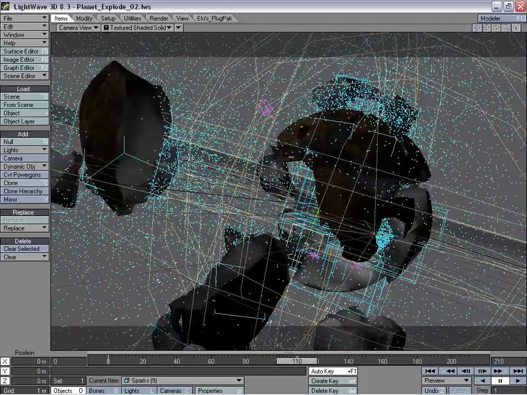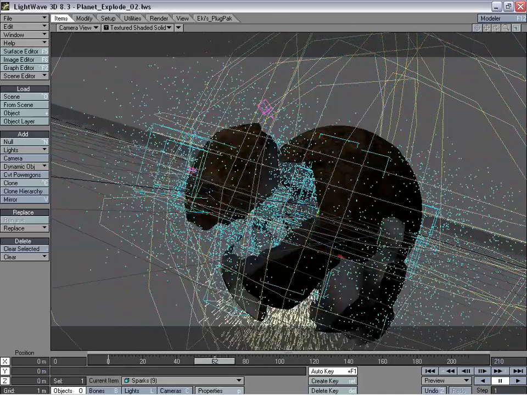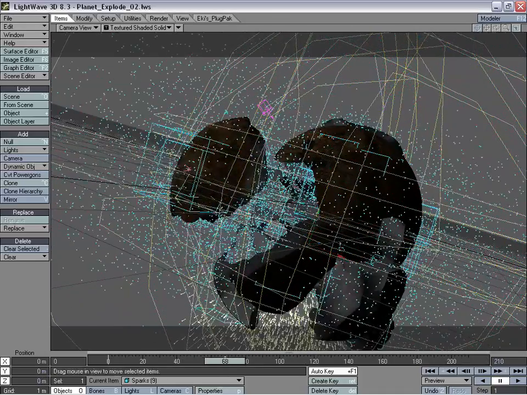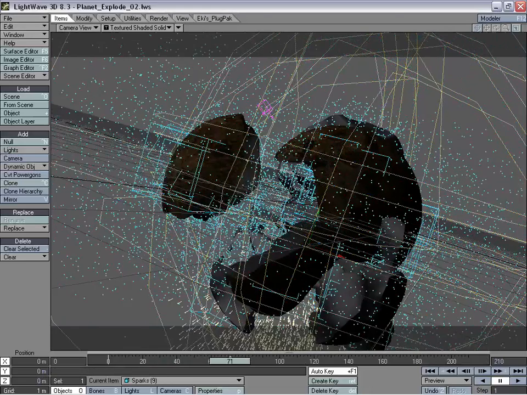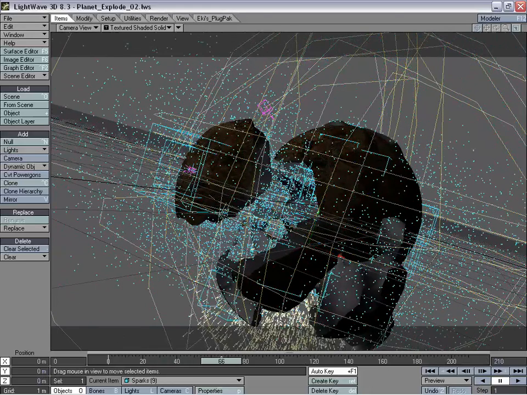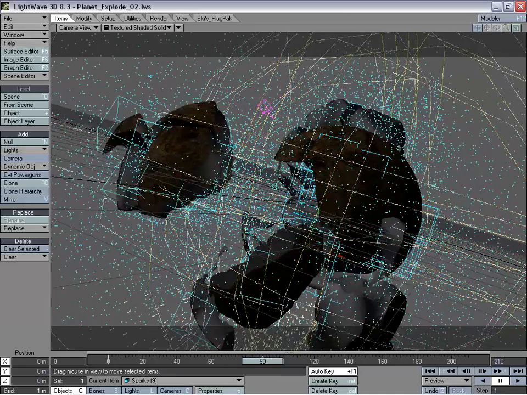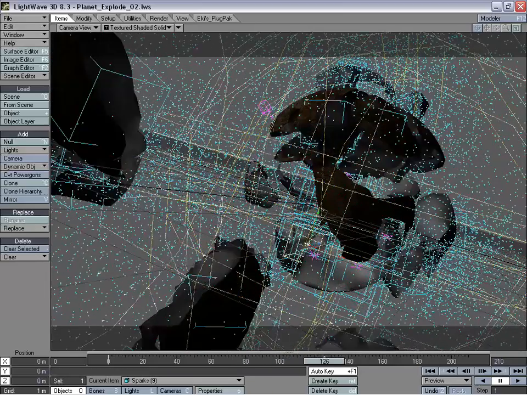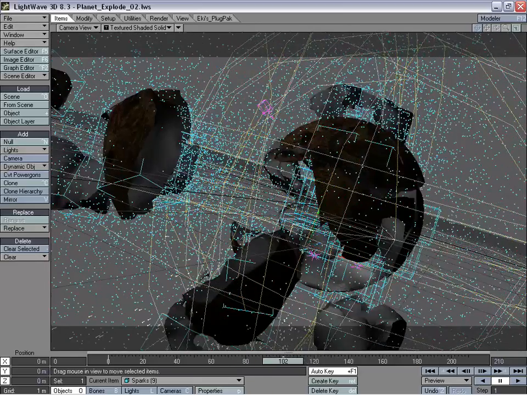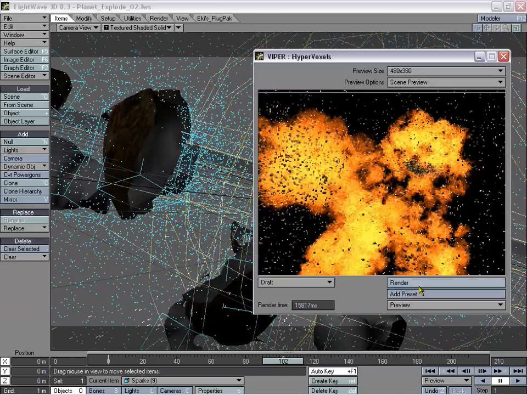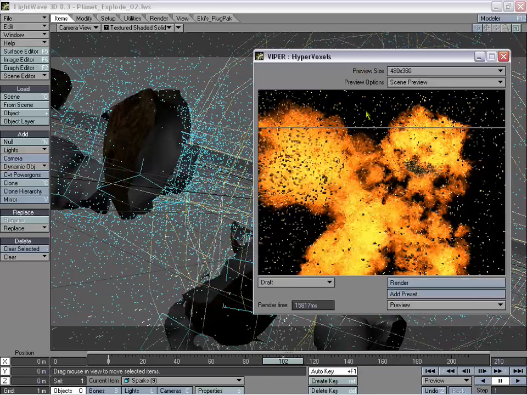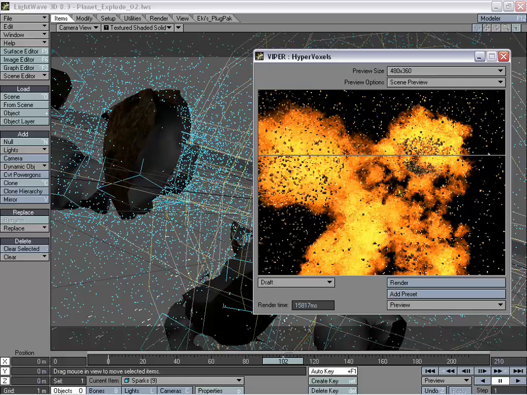And of course you could open the scene editor and turn things off, but right now we're pretty much done with all the particles, so there's not too much more we need to do except set up our render, and of course we also need to add our initial lights without any shadows on them. But I'm going to pull up just our Viper really quick and do a render with scene preview with all those particles in there, and you can see them all